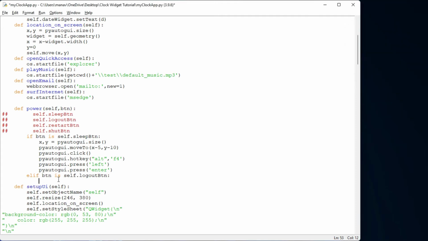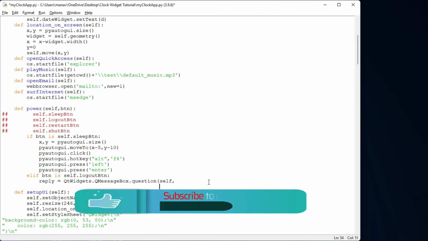So what I will do is first get the reply using QtWidgets.QMessageBox. I'll use QtWidgets.QMessageBox dot question. I'm using the question message box. Under this I will pass first of all the parent, on which I have to place this, self, and then the title will be Logout like this.